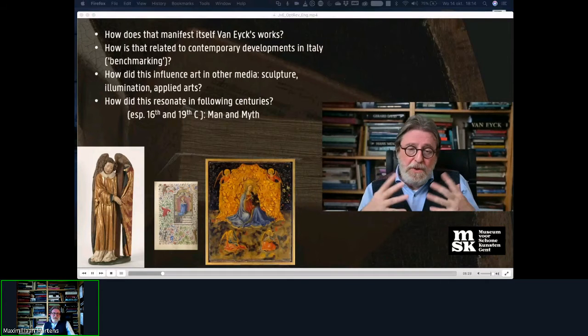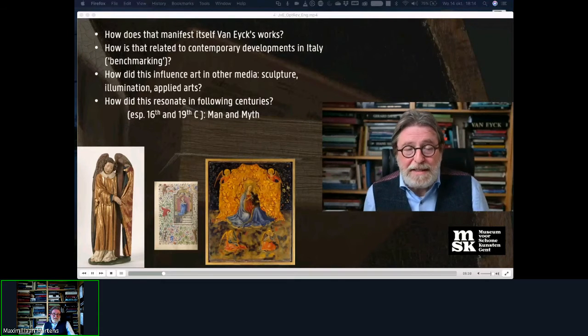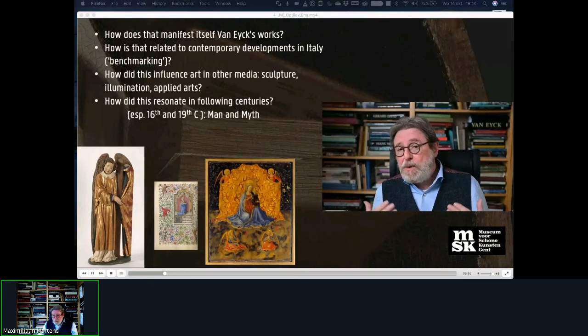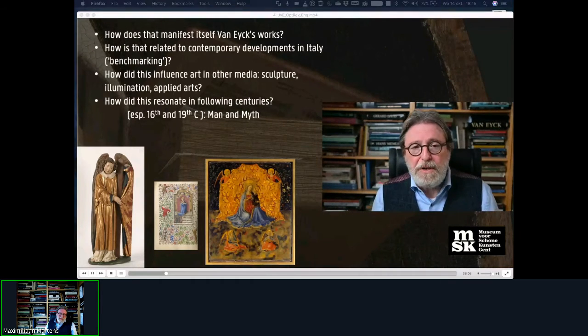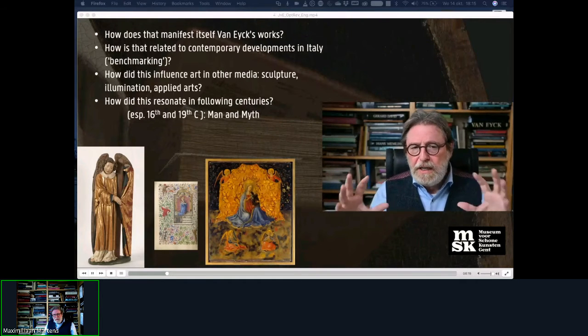How does this new vision manifest itself in the works of Van Eyck themselves? That's why we needed as many works as we could get, and we were rather successful in getting a lot of work, the most works ever assembled in one exhibition by the artist. Then a second question, how can that be related to contemporary developments, mainly in Italy, where, of course, you have also this new vision on reality with the development of linear perspective during the early Renaissance, mainly in Florence. So it's some sort of benchmarking these two new visions